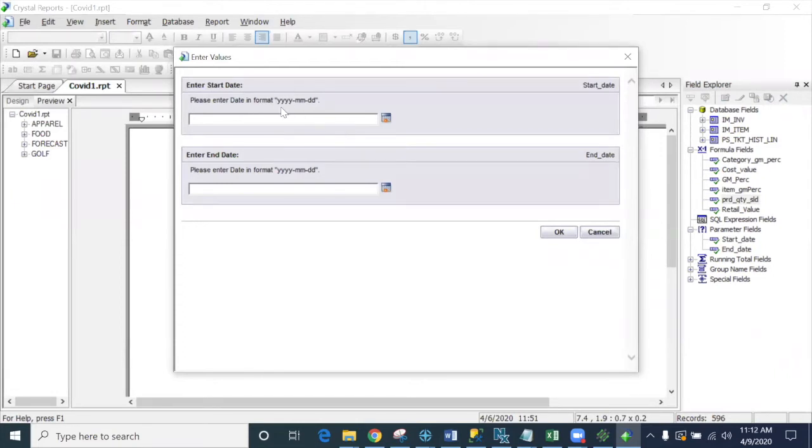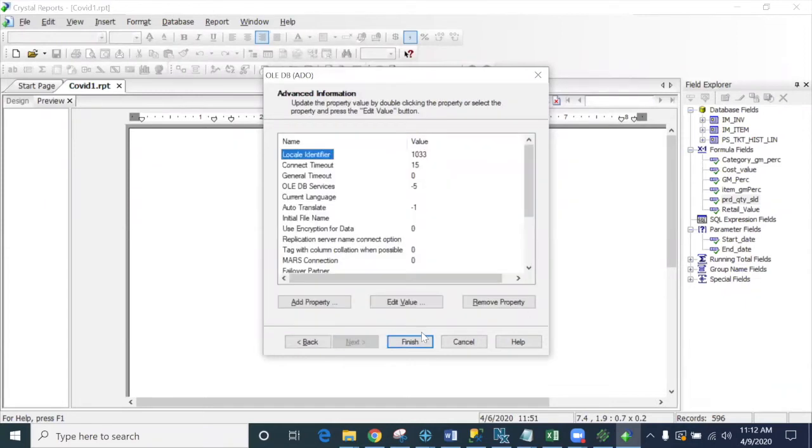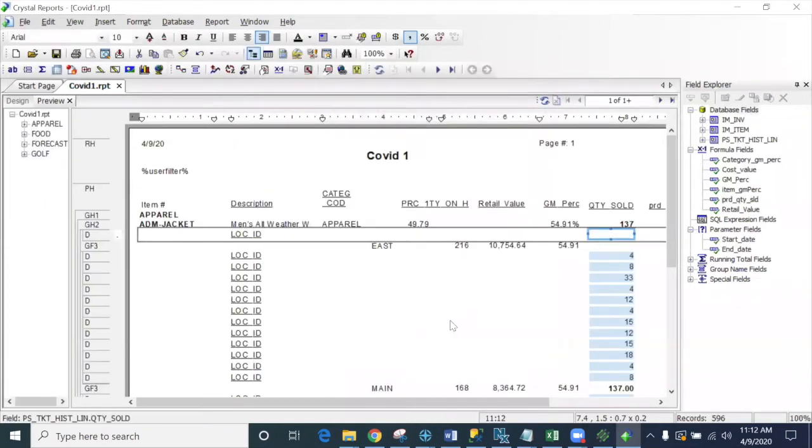And with date parameters, they're a little bit different when you enter them in Crystal than they will be in Counterpoint. Notice the formatting is year, month, day. In Counterpoint, you'll actually have a drop-down calendar view. So just enter a year of time frame. Okay, so